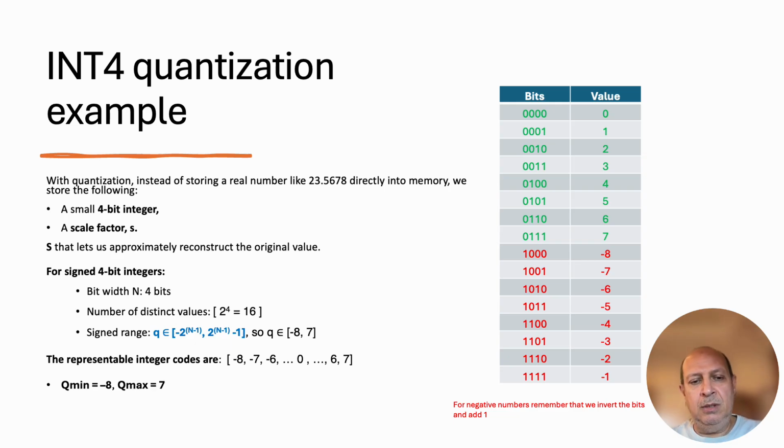There are 2 naming conventions that are used, Qmin and Qmax. Qmin refers to the most negative number, which is -8, and Qmax refers to the most positive number, which is 7. On the right-hand side, I created this table to show you the 4-bit representation for each value. The value 0 has 4 zeros. The value of 1 has 1 in the least significant bit and zeros in the most significant bits, and so on and so forth, all the way to -8, which is represented as 1, 0, 0, 0. Again, this is INT4 format.